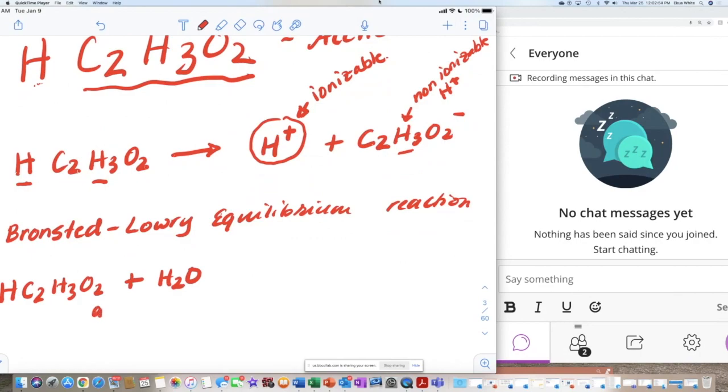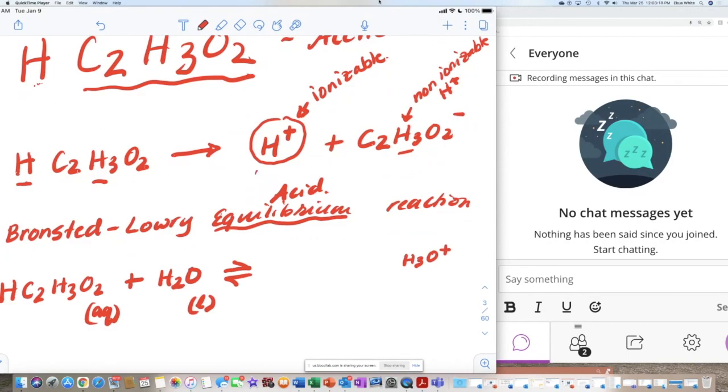The weak acid will be aqueous. The water will be in liquid state. Since it's an equilibrium, I have to have my equilibrium arrow. It's an acid equilibrium, so one of my products has to be